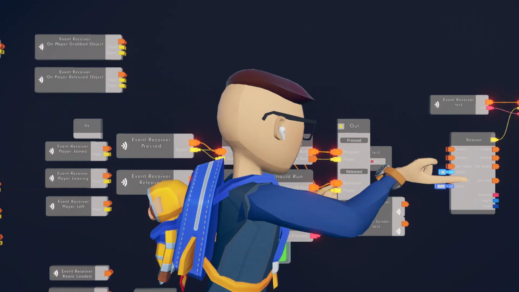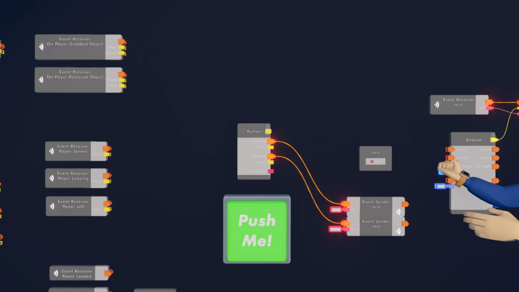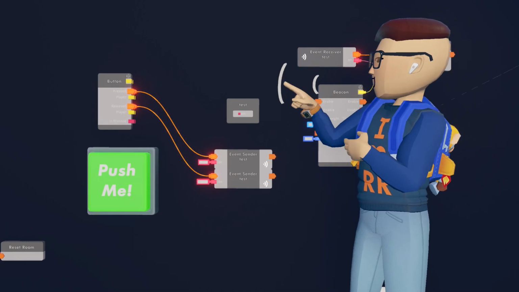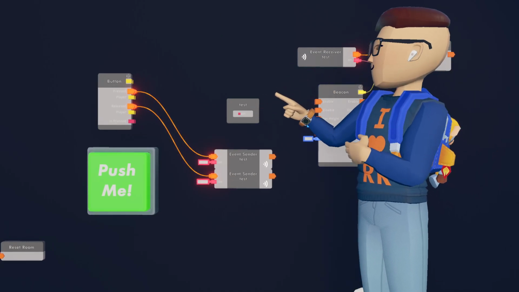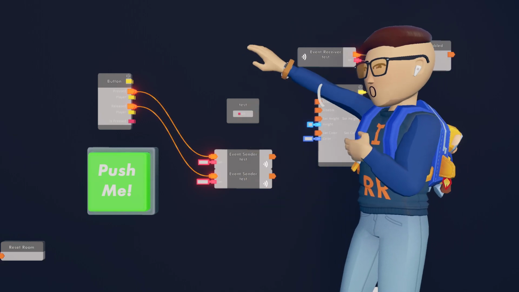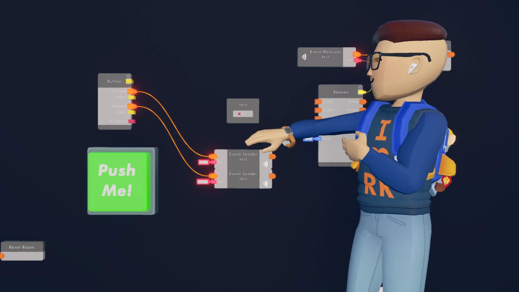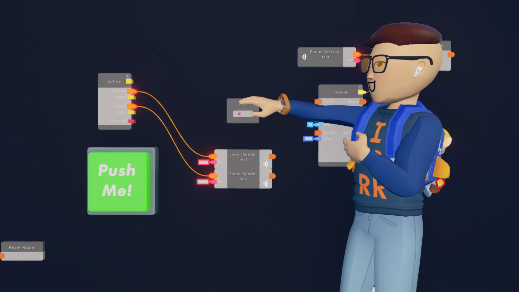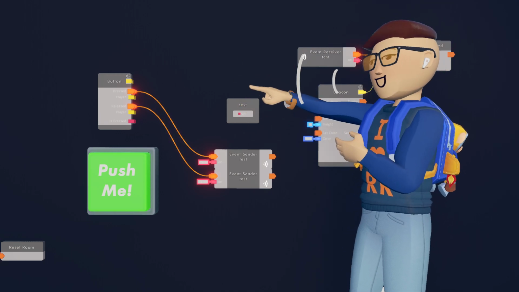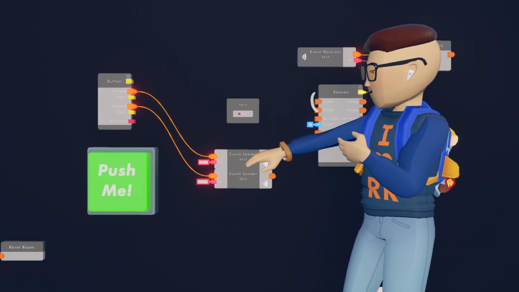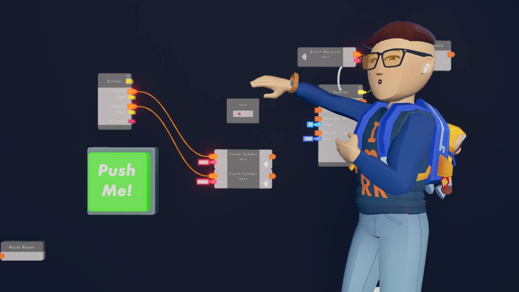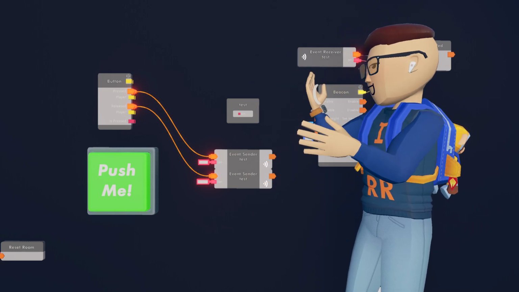Similarly, with custom events that Snug went over at the start, we have this test event here. The scope of events is defined by the location of the definition chip. So these chips down here, the sender and receiver, are at the same scope. You can see them both in the same place. They're both at the global circuit graph. So these chips will have the test event available to them. If I were to select this test chip and put it inside of a circuit board and leave these here, these chips would become unbound. They would be undefined now because they don't have an event definition at the same scope.